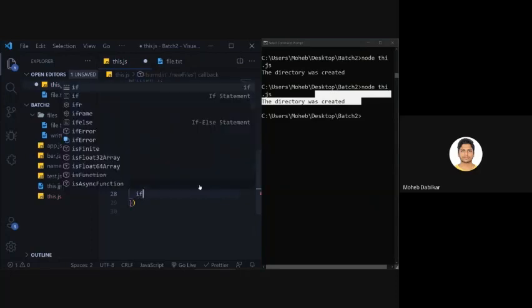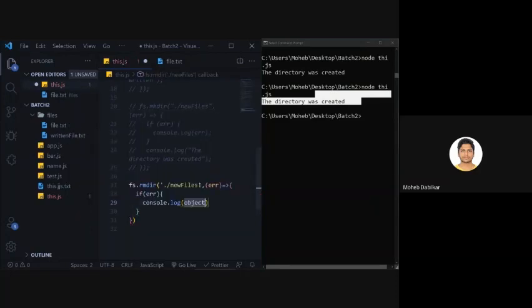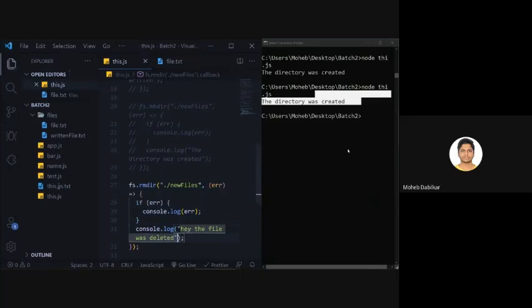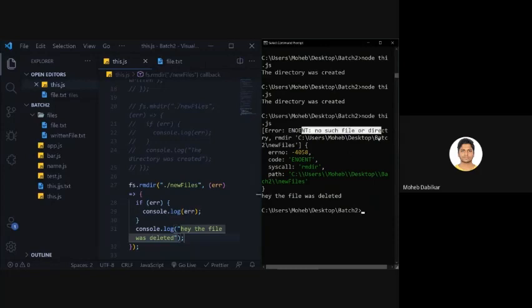If we have an error, we will console log error, else we will console log hey, the file was deleted. Now if I run this, it says no such file or directory. So rmdir did not work and the code was -4058.